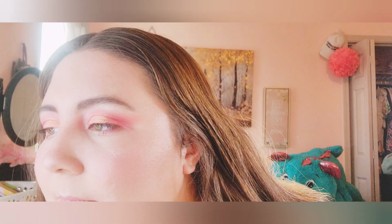Now, my last product is the Anastasia Beverly Hills setting powder. I do like this powder. For me, I feel like it just doesn't set well. It creases a little bit, and I feel like it doesn't really blur. Up here on my forehead, it's not really shiny, it just looks more natural. It doesn't look